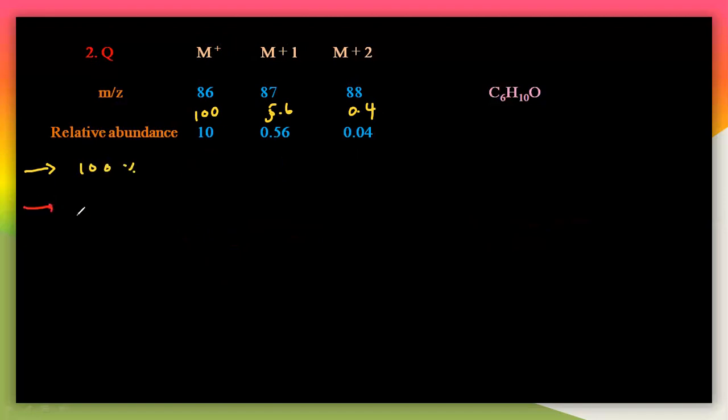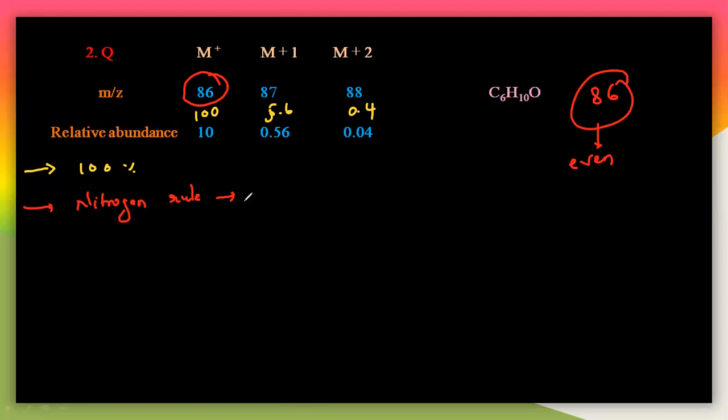So next, let us see the next rule. We have to apply the nitrogen rule here. Let us see the mass, you have to check whether the mass which is 86 is there. 86 means this is even here. So that means if you are applying the nitrogen rule, you will get the even mass. So that is even here. So that means the number of nitrogens may be 0, 2, 4, 6 like this. So next rule.